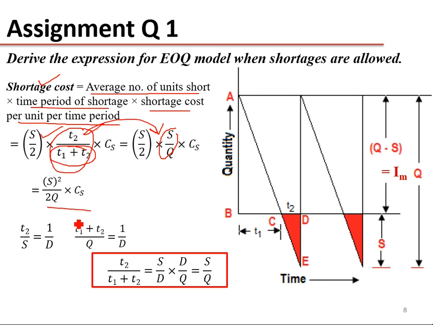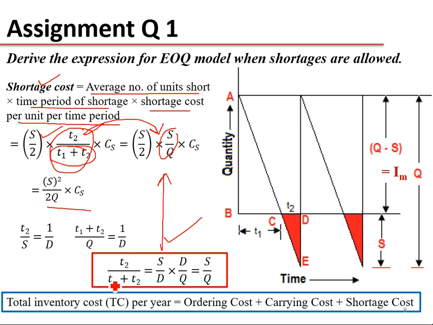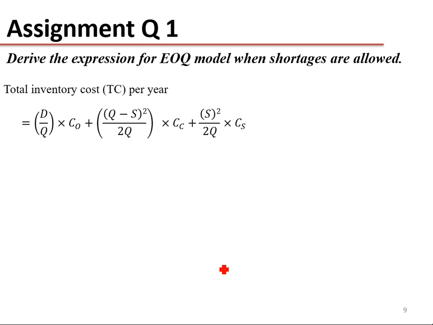And then I'll just show over here how you are going to get this equation, S upon Q. Now next we are going to find the total inventory cost. This is our objective. We are going to keep our inventory cost minimum, so we are going to add up all the costs: ordering cost, carrying cost, shortage cost. For this we are going to put all the things over there. So these are the ordering cost, this is the holding cost, this is the shortage cost.